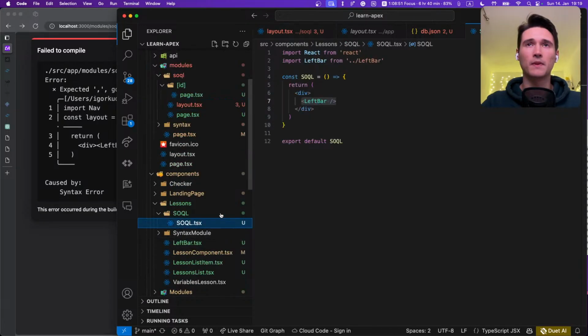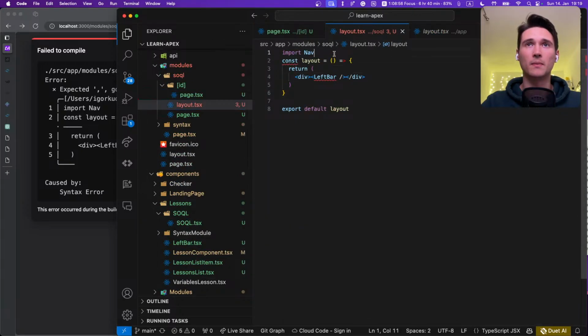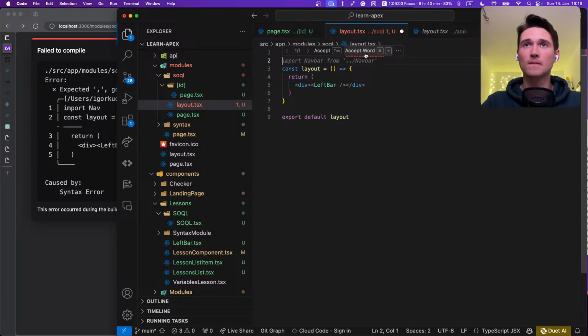Call it left bar. And of course I need to import the navbar from components, and then